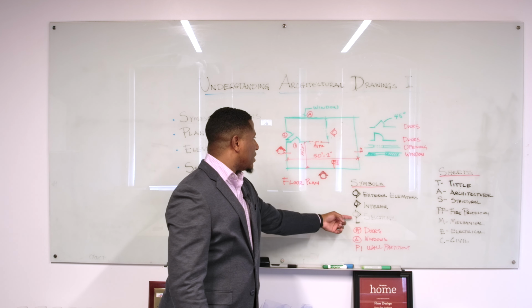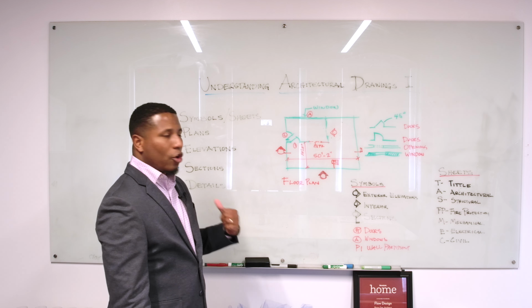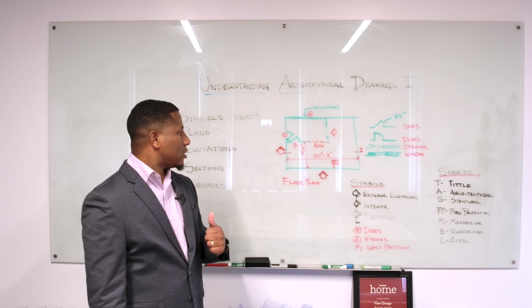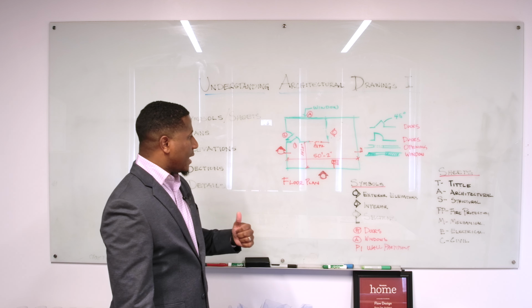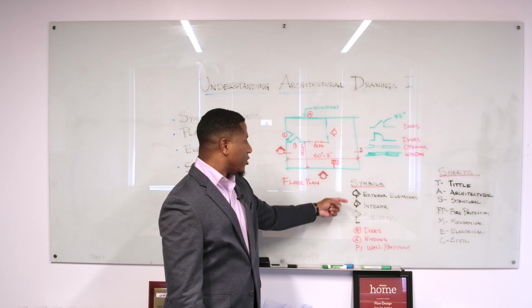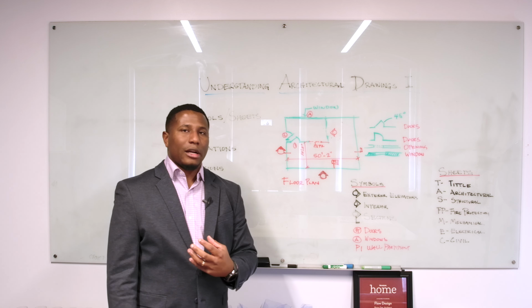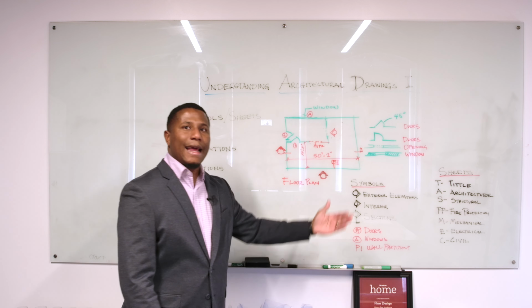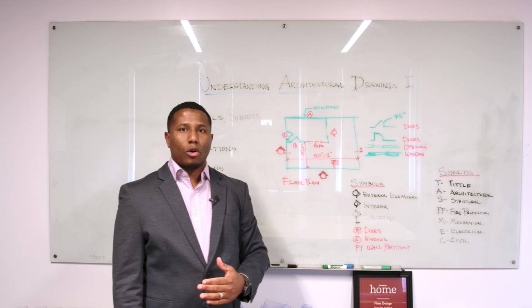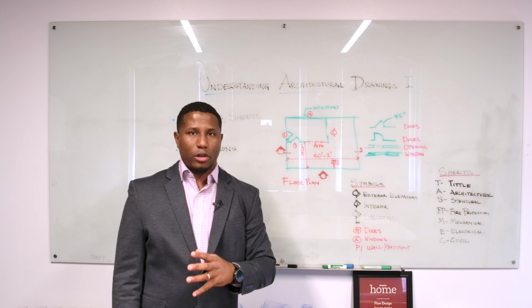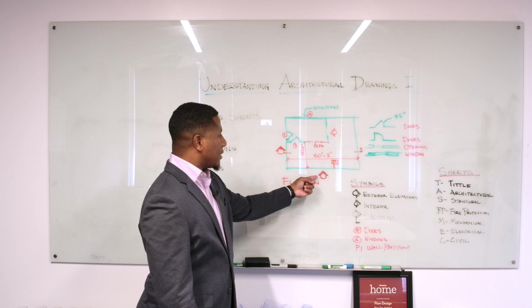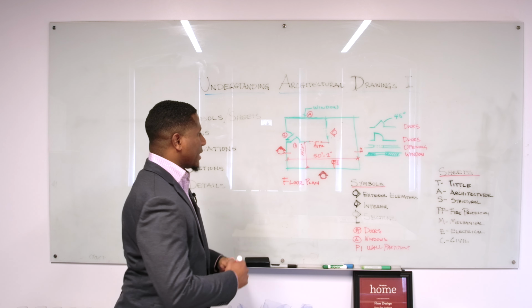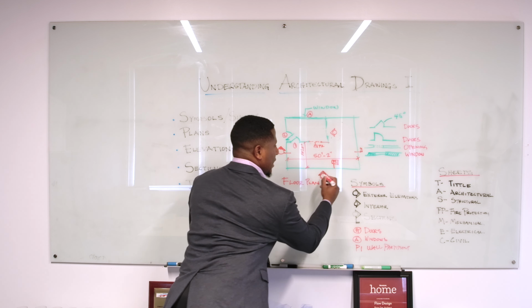So this is the symbol here. Another symbol that I want you guys to understand is the symbol for exterior elevations. Typically, exterior elevation symbols are located outside the floor plan of your building. So when you see a symbol like this or similar, and typically they have numbers, let's say 3